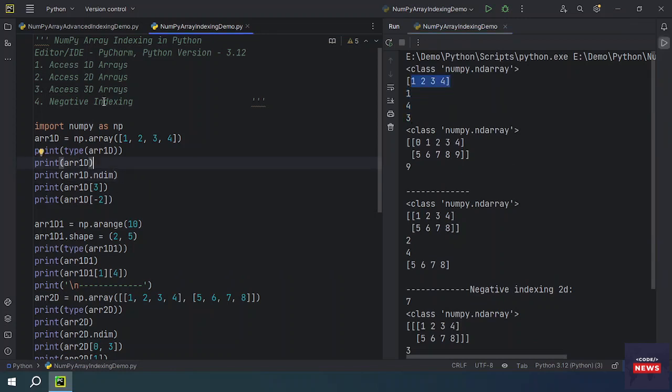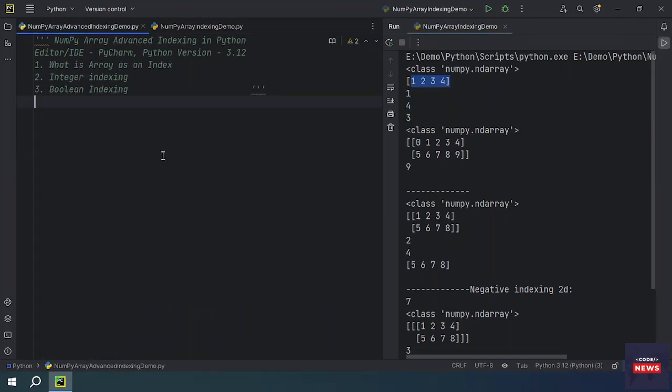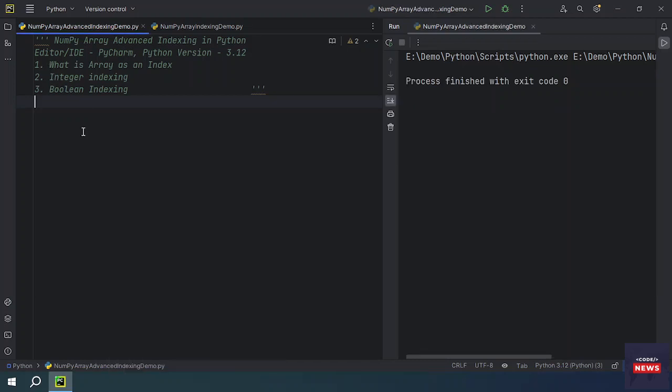Okay, this is normal array indexing, but with advanced indexing we will see how we can get the element from an ndarray by passing an ndarray as an index. We will cover these points: what is array as an index, what is integer indexing, and boolean indexing. What is array as an index? Indexing can be done in NumPy by using an array as an index. In case of slice, a shallow copy of the array is returned, but in index array,